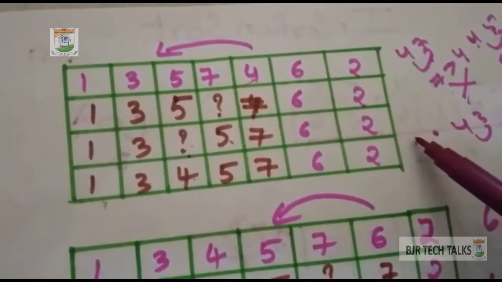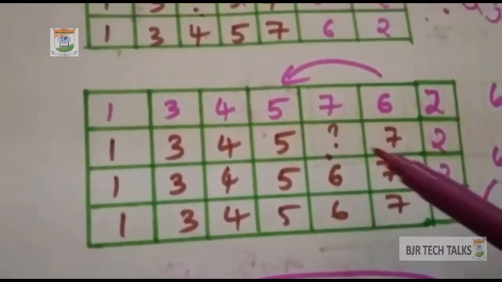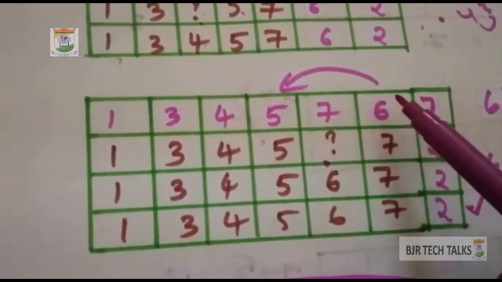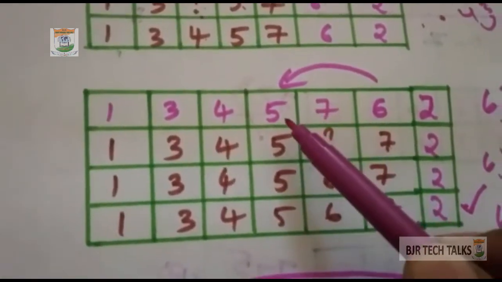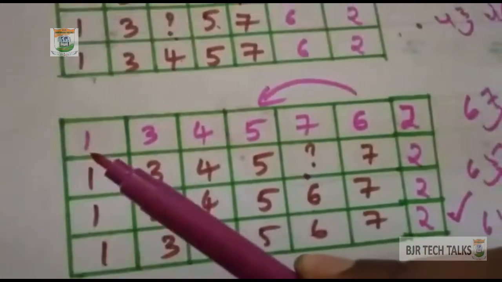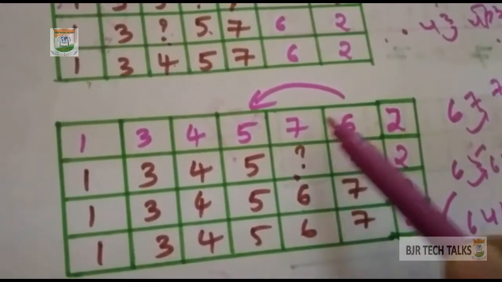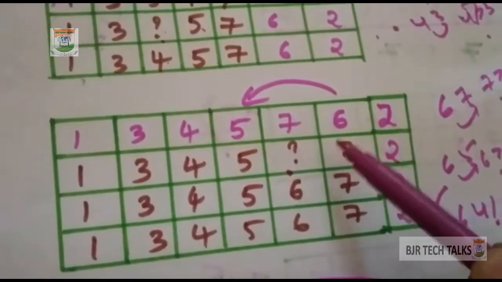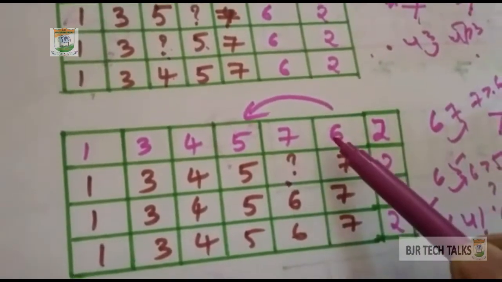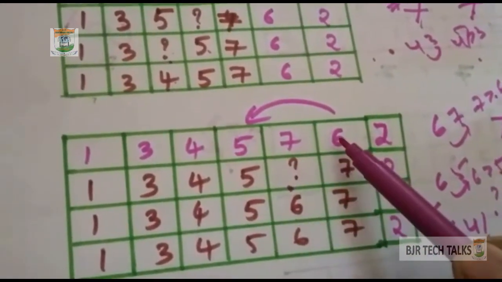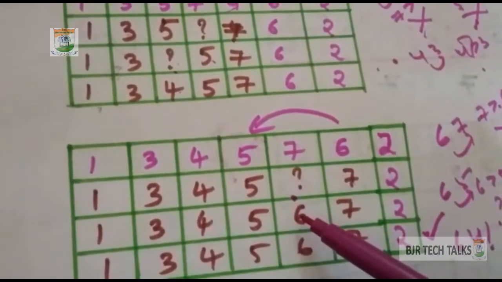Using this answer of the fourth iteration, we will do the fifth iteration. Here comes the fifth iteration. Here we are taking the 6th element and comparing it with its previous 5 elements, that is 7, 5, 4, 3 and 1. When 6 is compared with 7, 7 is greater than 6, so the places change. 7 comes here and 6 goes here. But here I have kept a question mark because the 6th place is not fixed. When 6 is compared with 5, 5 is less than 6, so no change, so 6 comes here.